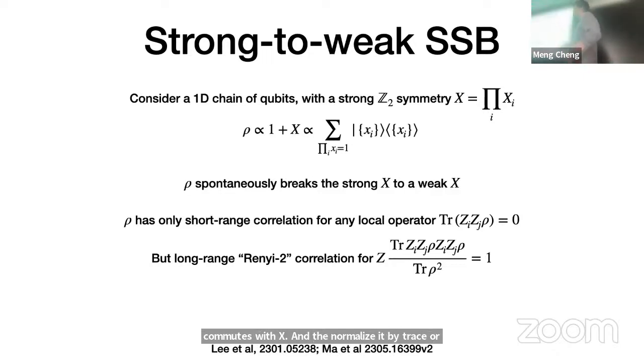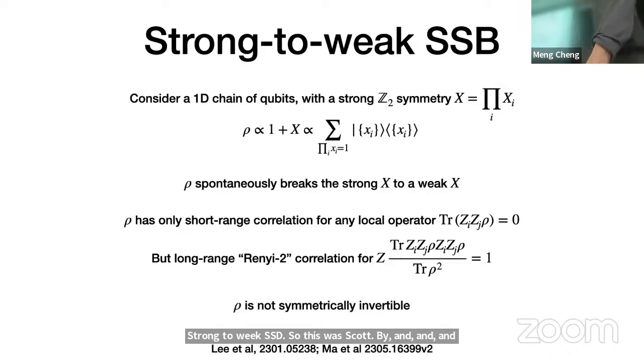You can also think about it in the Choi representation of the double state. You can literally write it as a cat state in a double state where the strong symmetry, which acts on one side, is broken down to a diagonal symmetry that acts on both copies. So in that case, it's even more clear that it's a strong to weak SSB. This was discussed by Zhongyang, Chaoming and Senker in this paper, and also clarified in our recent update.